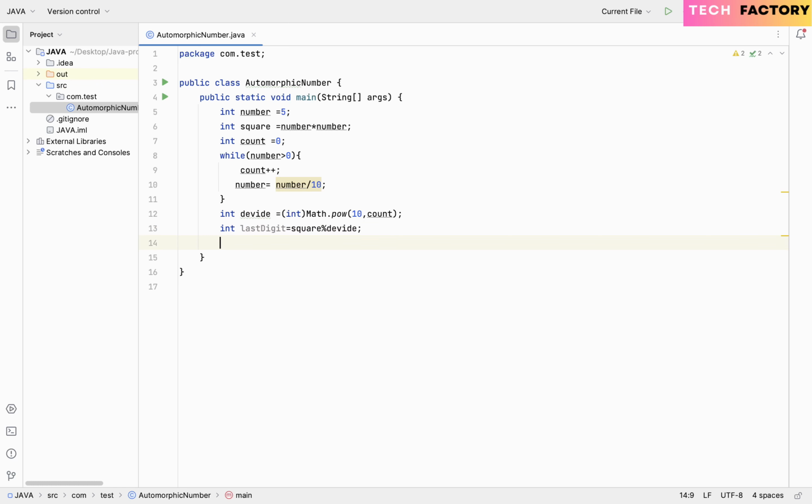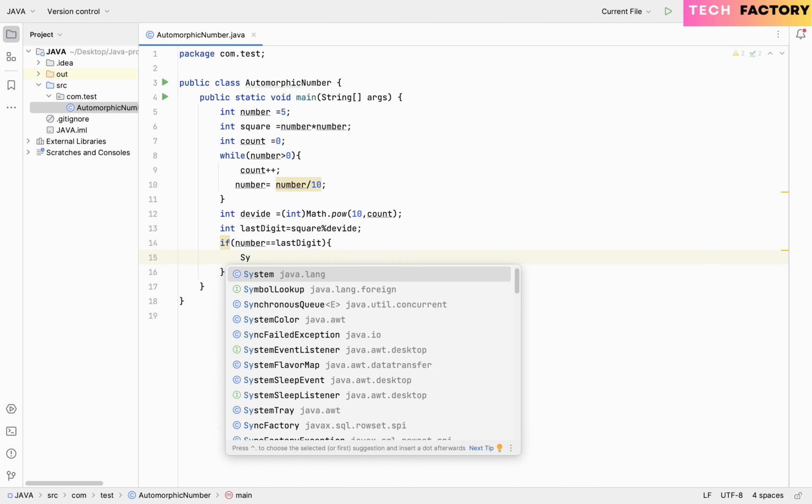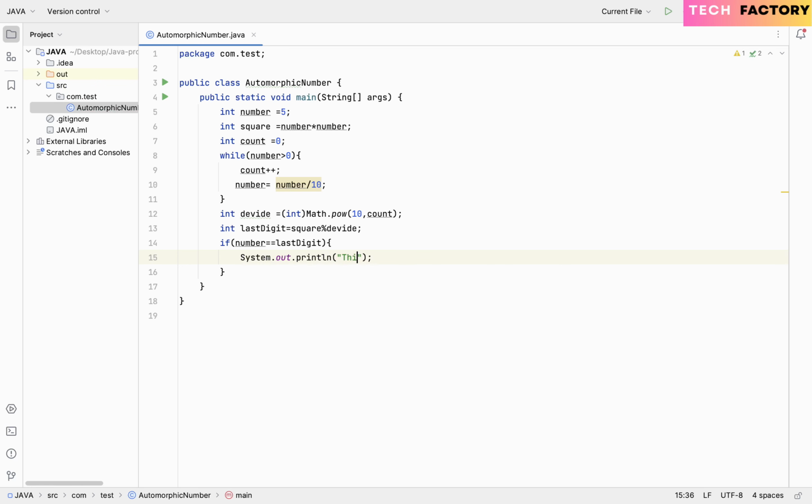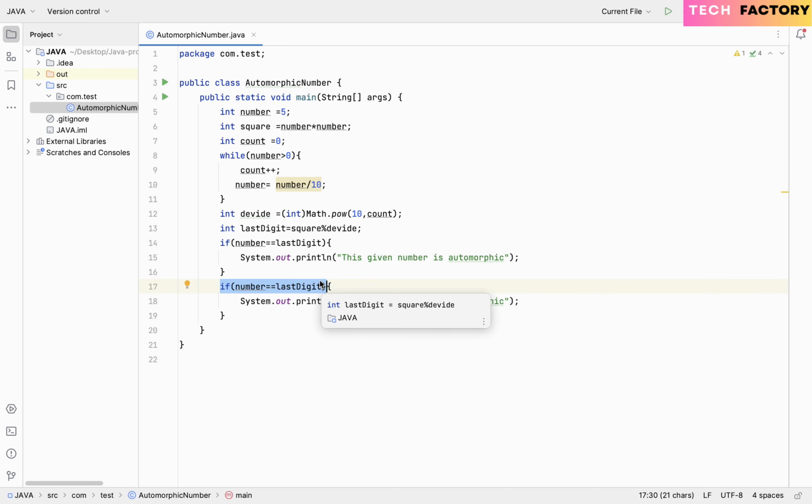After divide, I am going to say if the given number is equal to the last digit, if it is equal to the last digit, we are going to say that our number is automorphic. Let me say that this given number is automorphic, and there will be one more condition. I am going to say else. That else condition is going to say the given number is not automorphic,